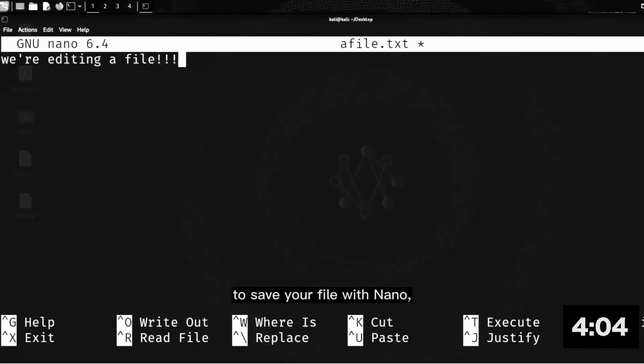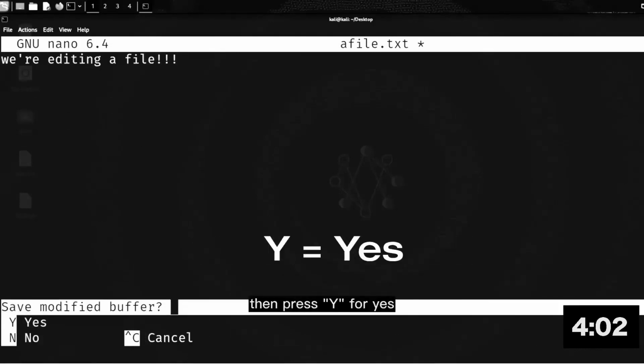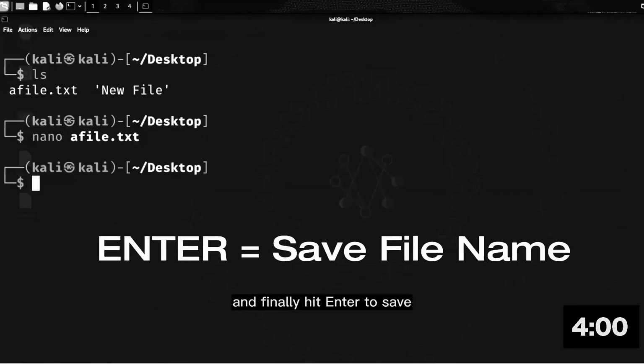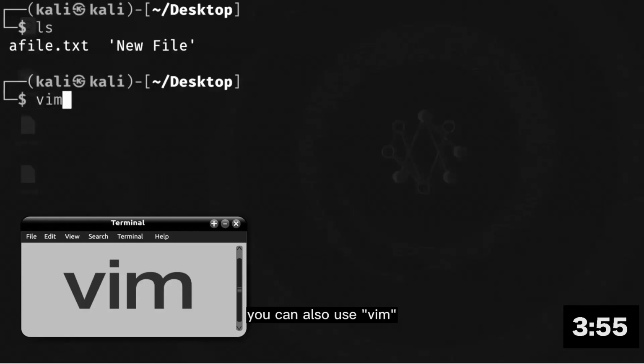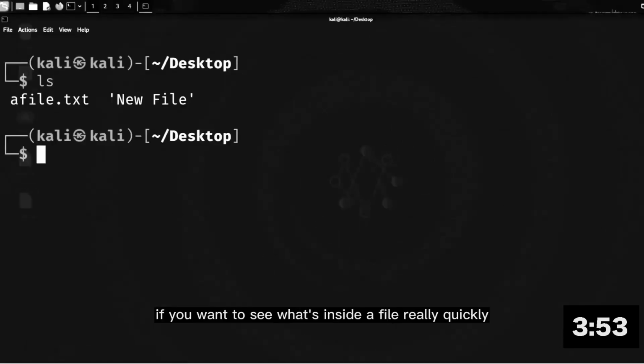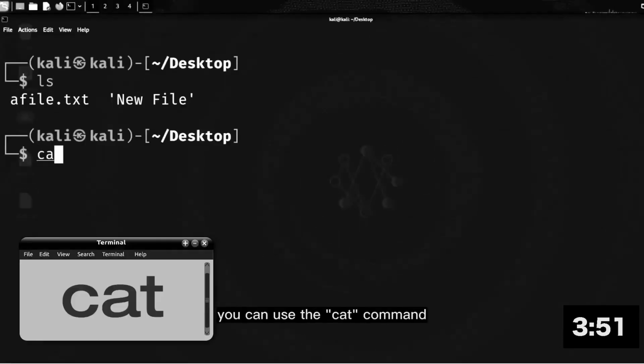To save your file with nano, you'll hit Ctrl X, then press Y for yes, and finally hit enter to save. And if you're a guy who doesn't want to use nano because everyone else uses it, you can also use vim. Next, if you want to see what's inside a file really quickly, you can use the cat command,